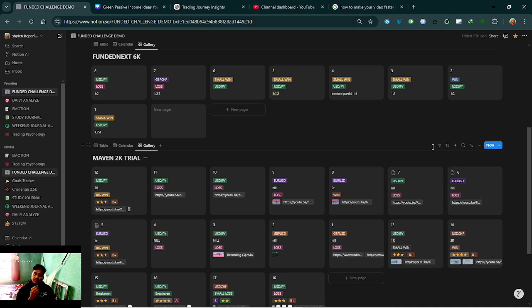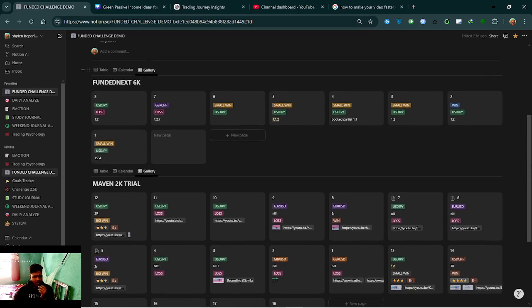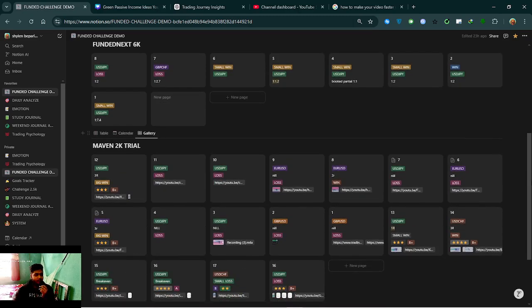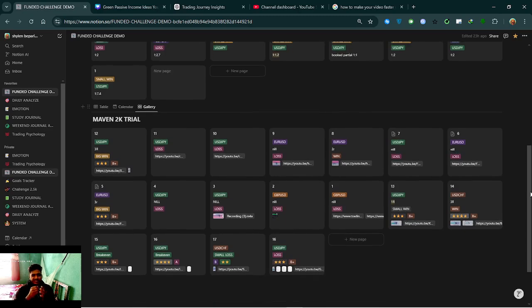Then I started another funded account, another demo account, and I am kind of using these accounts as funded accounts. Okay, because I don't have the money. I'm literally saying that I don't have the money to buy a funded account. Okay,